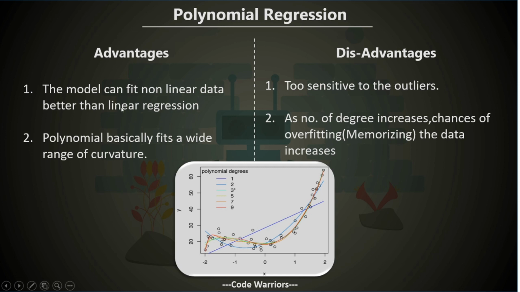And in this example, as you can see, for degree 2, it's passing like this, and it kind of looks like the best fit. But for degree 3, you can see it passes through here and then here, and for these data points it finds that the curvilinear relation is first convex and then concave, right? That's why in the example used in this image, degree 3 is the best fit for our model.